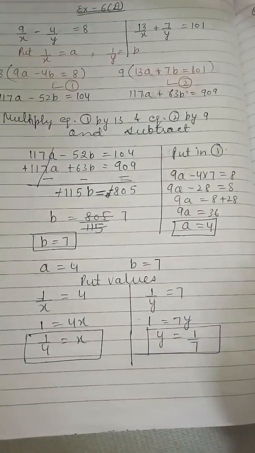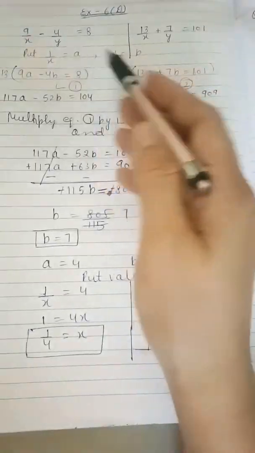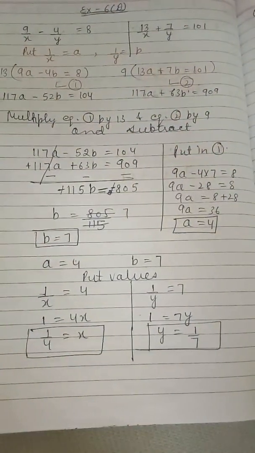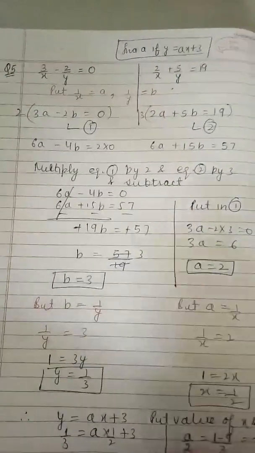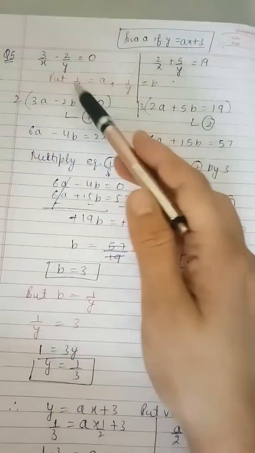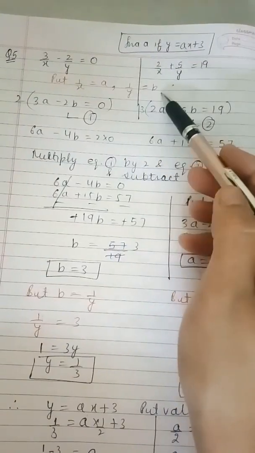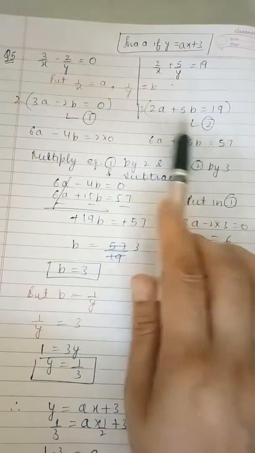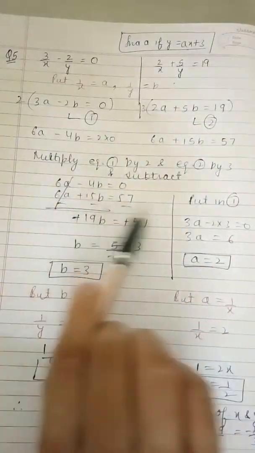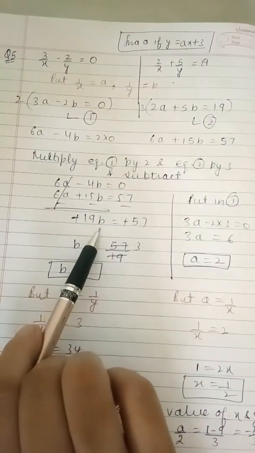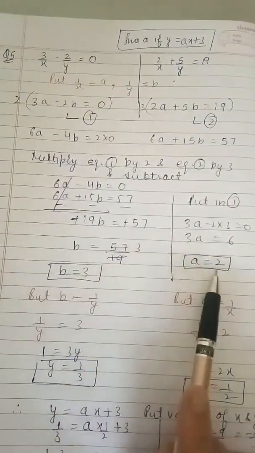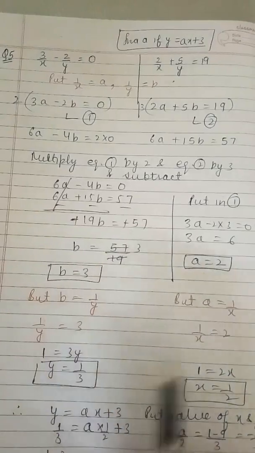So you can solve the question by substitution. You can put any variable or you can do the direct elimination also. Come to fifth question. Fifth question also is similar to the first question. First of all you will put 1 by x equal to a, 1 over y equal to b. You will get the two equations and then this equation is multiplied by 3, this by 2, and then we can solve it by method of elimination by equating coefficients, and we can calculate the value of b and a, and in the end we will find x and y.